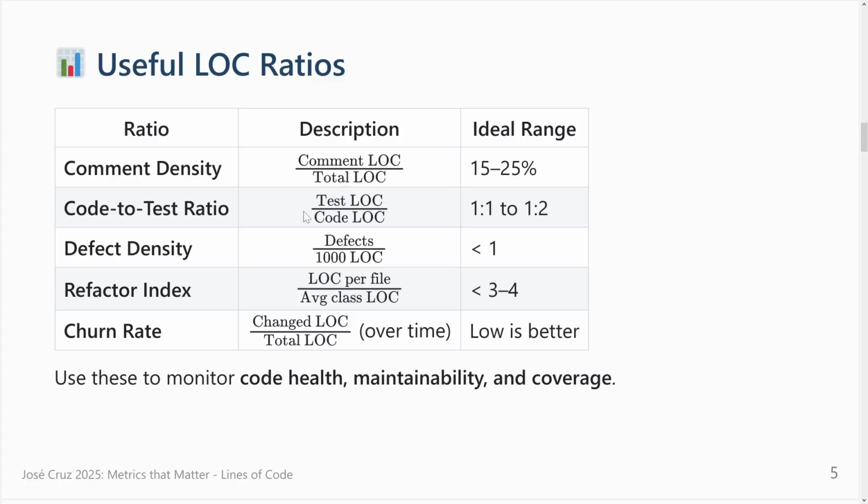Code to test ratio is the same concept: the number of lines of test code divided by the code that you have. Usually the ideal is 1:1. It doesn't mean you can't have 2:1. You should try to have less test code than code, otherwise you probably have high coupling, but sometimes it's not easy and depends on the code. Usually if you do unit tests, you have more code on the tests than on the code. Take this ratio with a grain of salt.